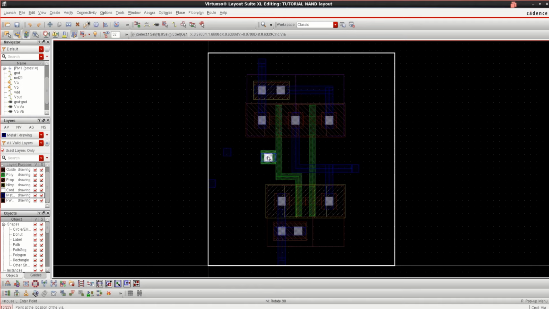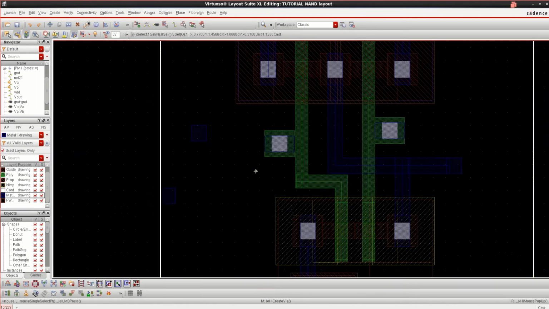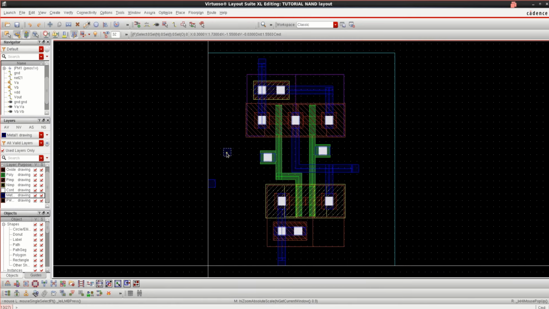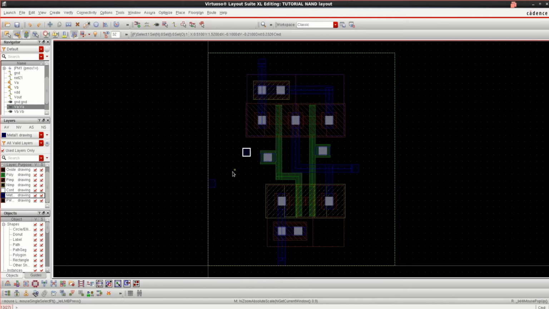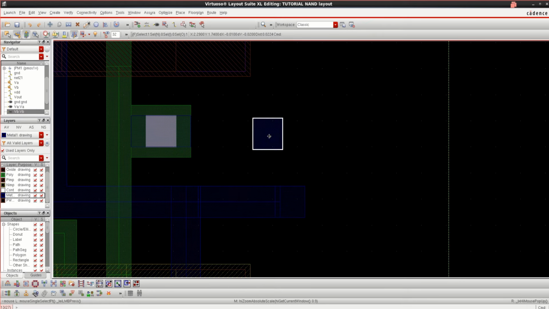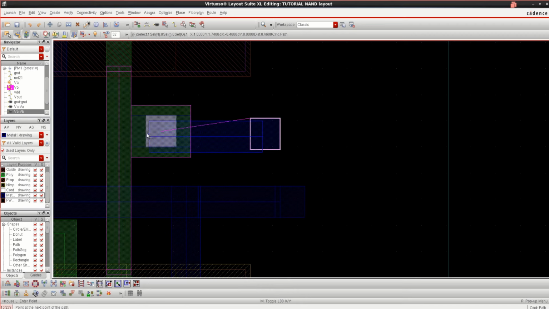You can directly connect it, and I require one more here for the second input. Press F. This input is for VA and this is for VB. You can move this if you want. So you can stretch here. Once it is selected, press P so that you can extend this. Extend up to here.